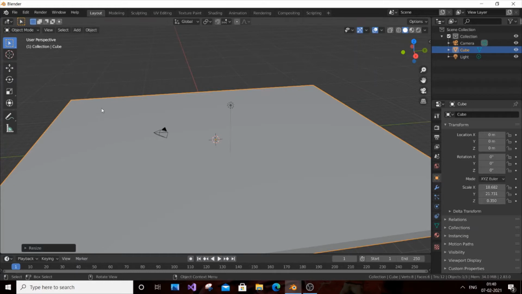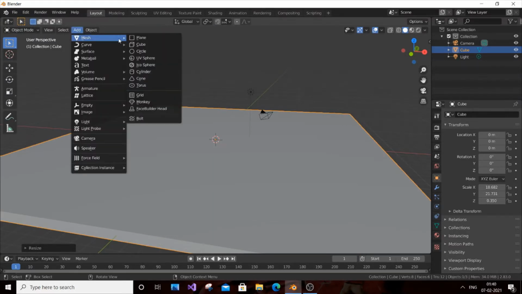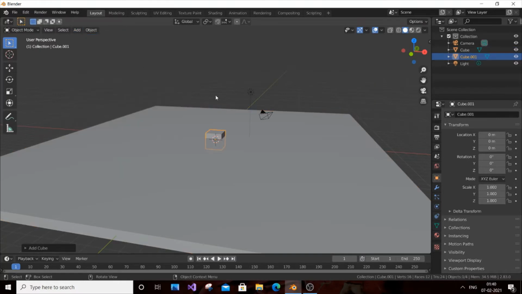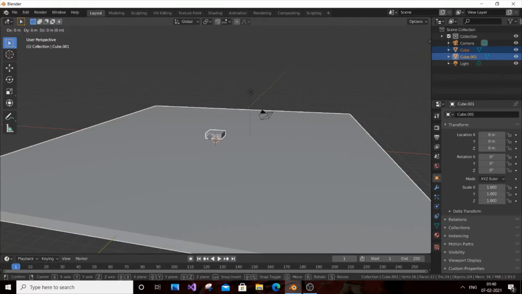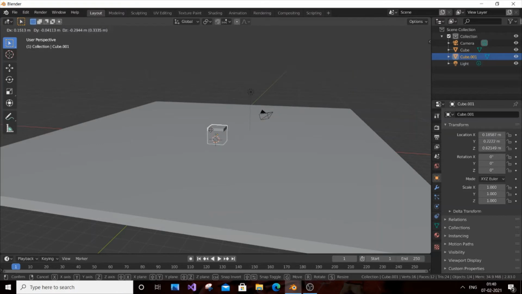So next thing, what is our main part? It's going to be our building. Okay, building one. So for that we need to again add a cube. So just go here and add mesh and cube. Okay, so now we have our cube over here. Just select it, okay, by using G. Select the cube alone. Okay, select it and just move it. It should be touching a little bit our plane bottom.